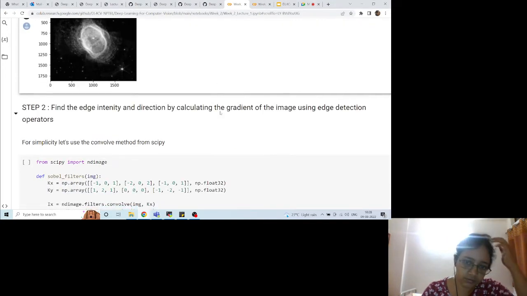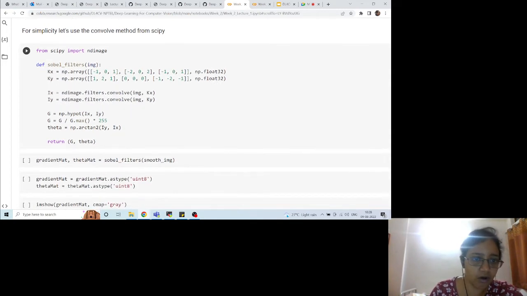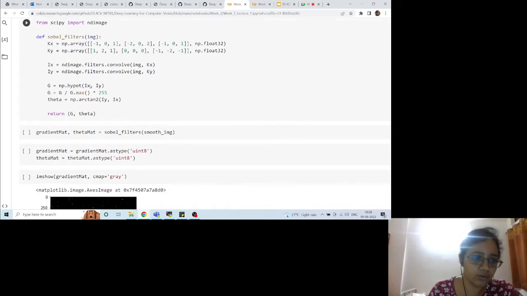Yeah. So now next step is we again use a Sobel-like operator to detect edges from this smoothened image. So again, almost the same code that we saw here, just that instead of using our own convolution function, here we are using some predefined functions from some libraries which you can find here. So from SciPy import ndimage. There's a convolve function where you can directly do the convolution,